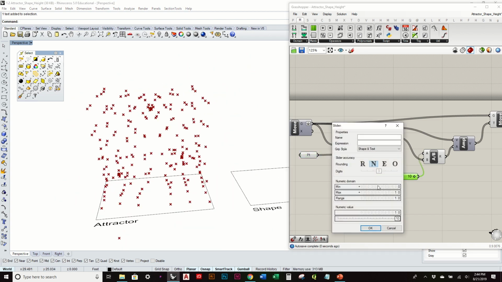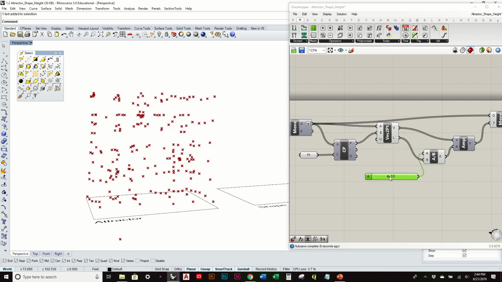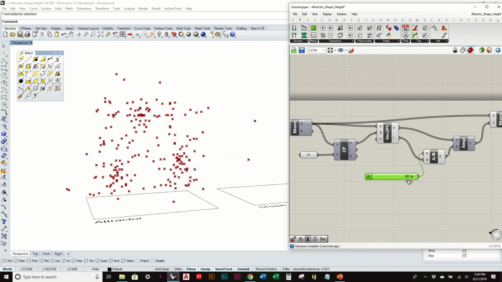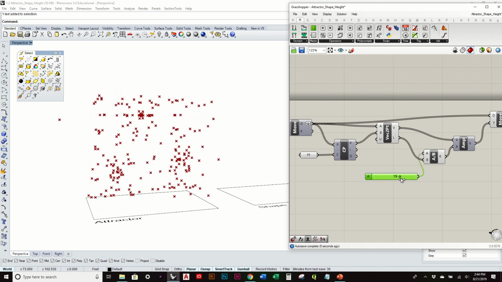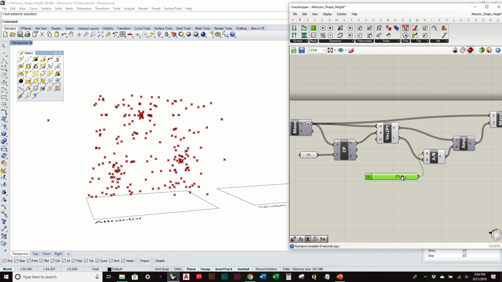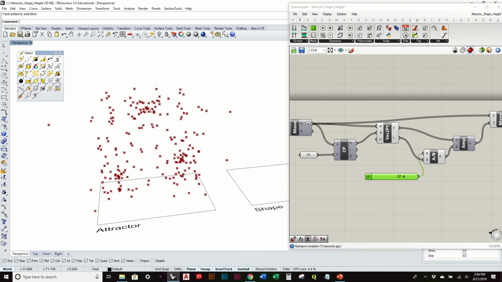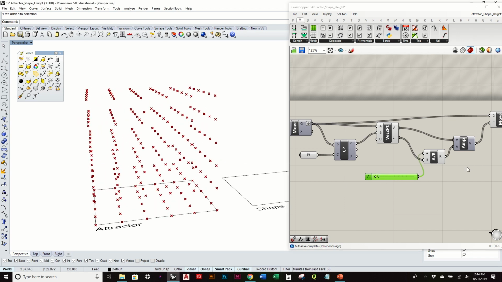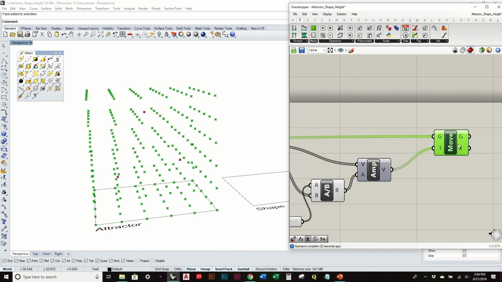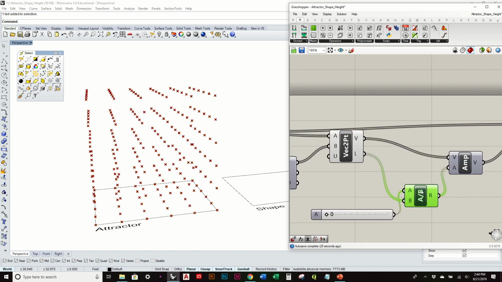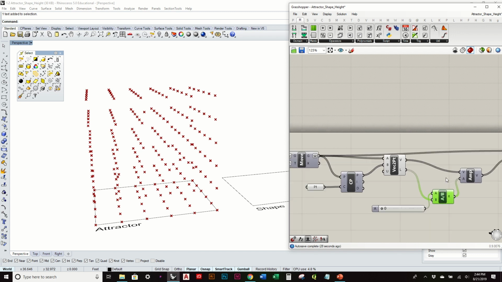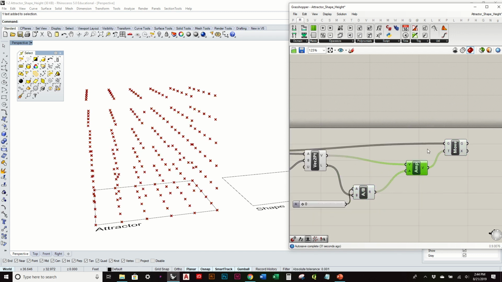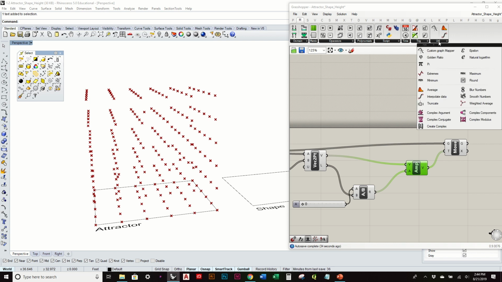If I want, I can bump this up a little bit more so they can really start to section in. You'll notice that some of these start to go beyond that. So these guys over here, it's because the amplitude value is higher than its distance, so they continue in that direction, but they go beyond that. But there's an easy way to correct that, and I did that on purpose to show you why we're going to do that. In order to prevent that from happening, we're going to go to our utilities in the math section